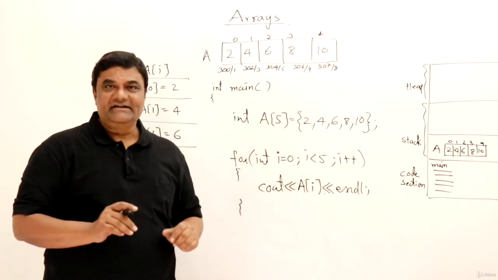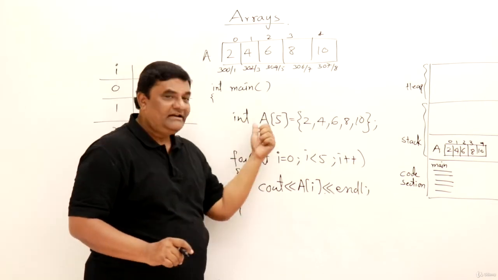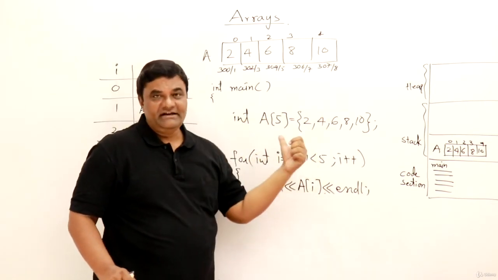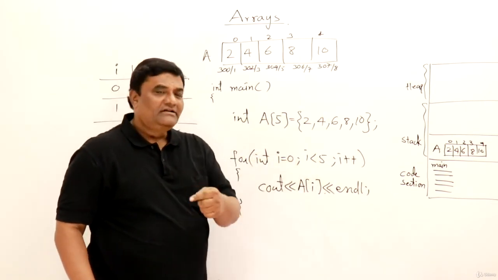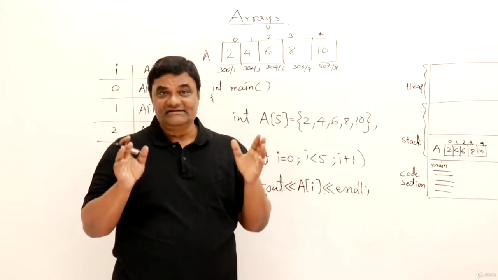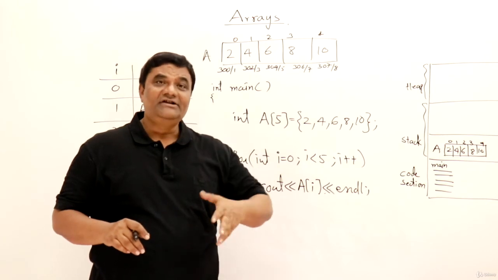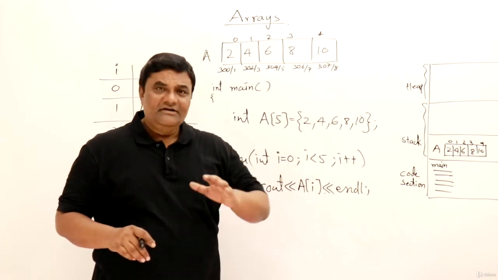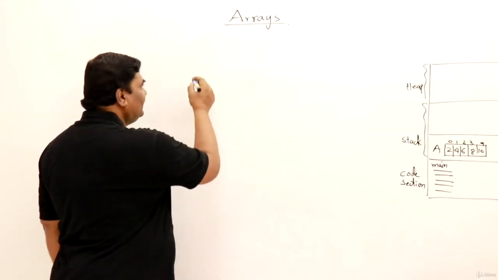Let us look at the things again. We have learned how to declare an array, how to initialize an array, and how to access all the elements. Now next thing, I will show you how you can declare and initialize an array, and can we have different data type arrays. We will look at this one. Let us look at this quickly.